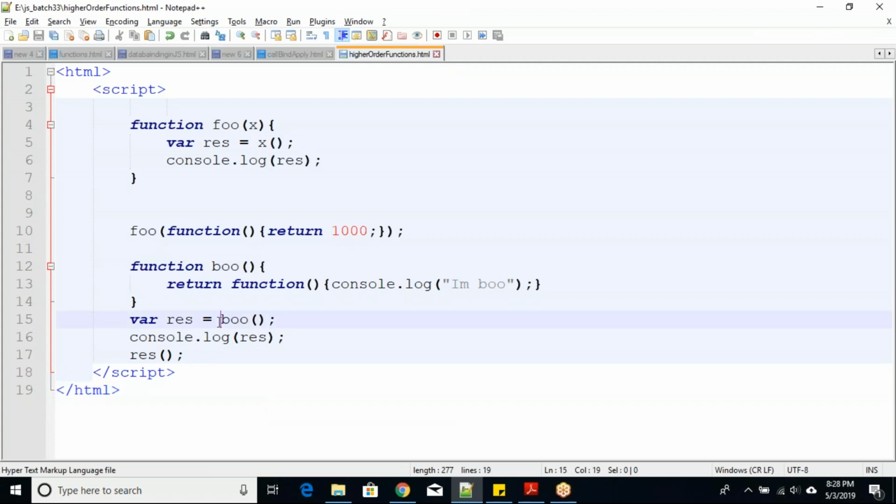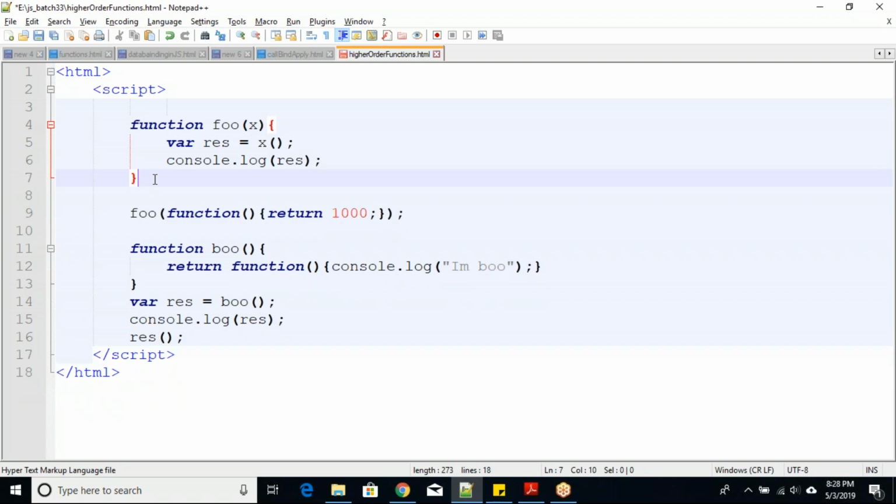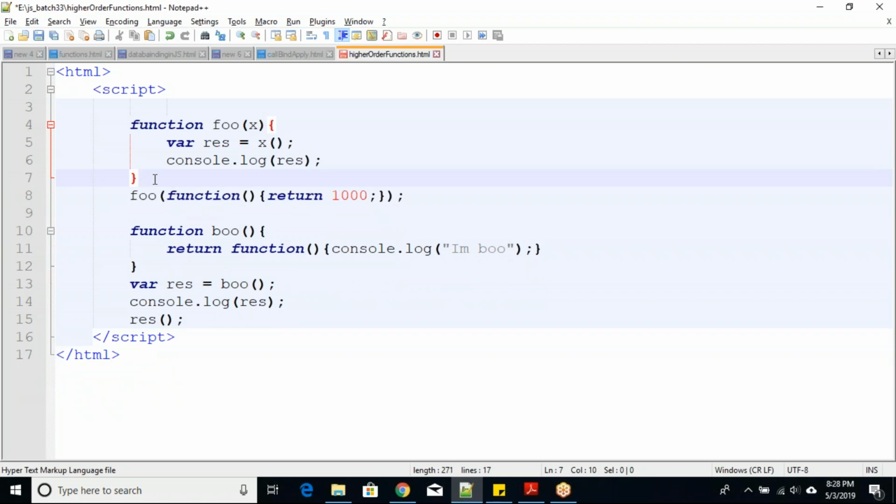So what are the higher order functions I can showcase over here? Foo and boo are the higher order functions.